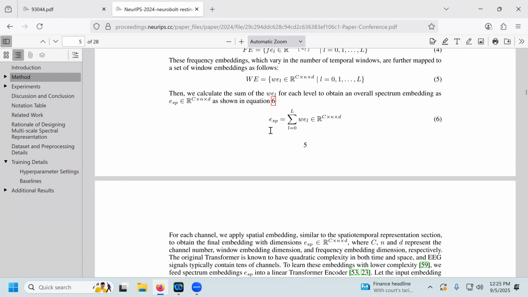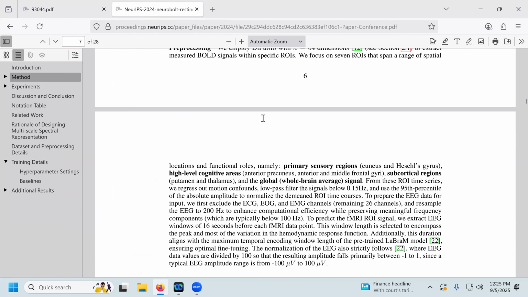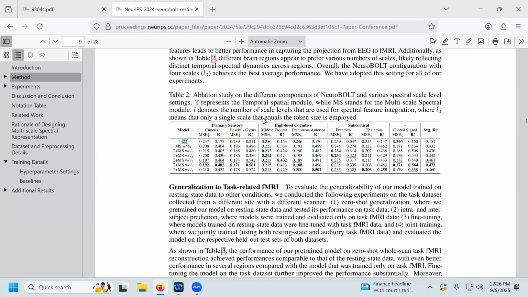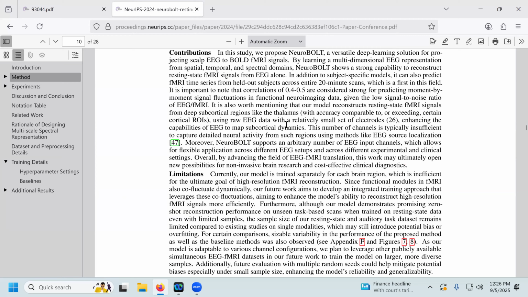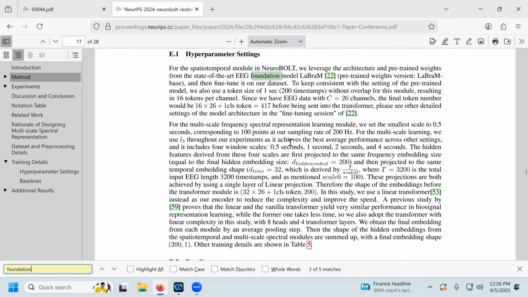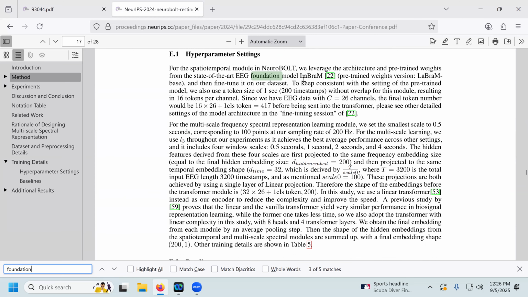But yeah, other than that, the model that they build off of is, so where did they mention the name? No, NeuroBOLT is their model. LaBraM. So there are a few different EEG foundation models circling out there. LaBraM is apparently one of them that I haven't particularly heard of. I imagine it's from their group, is my guess. So that's probably why they don't explain exactly what this